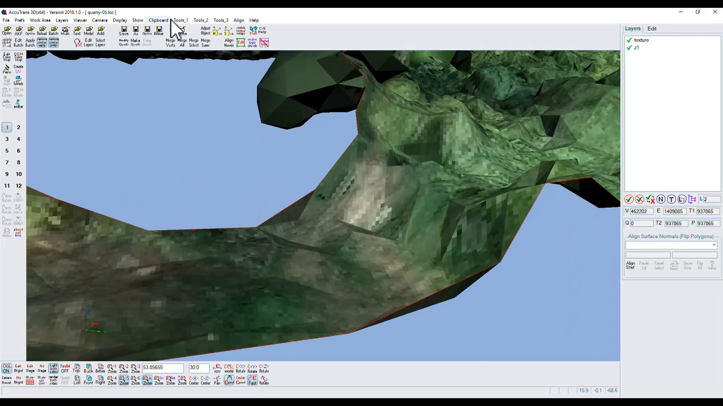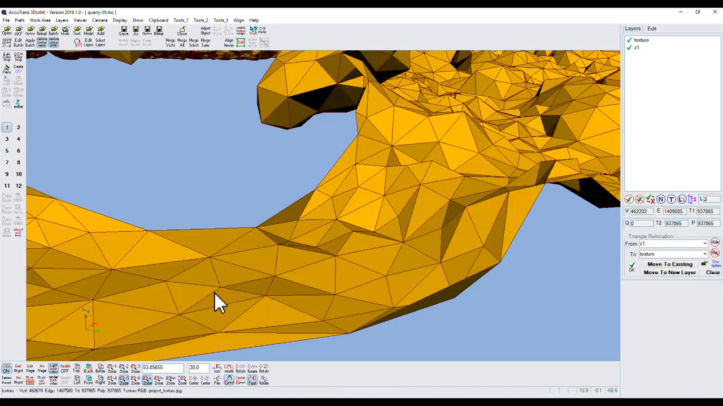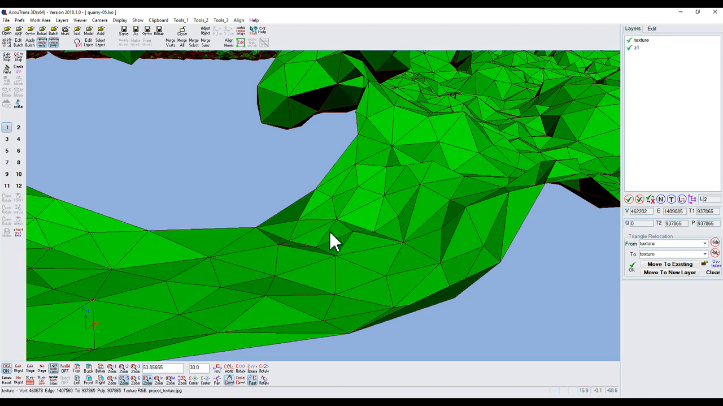So I'll go to the Tools 1 Triangle Relocation, and the Z1 layer is the selected layer, and the texture is the copy to layer, the relocation layer. So I want it the other way around, so I can either change it with the combo button here, or I can just right click on it and it's green, so I'm going to copy from this layer to the Z1 layer, and I'll highlight